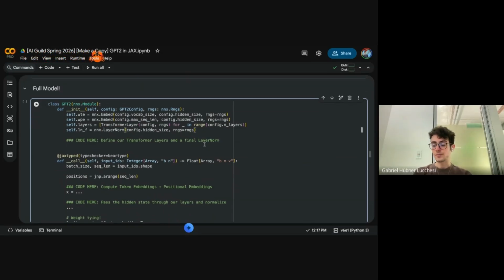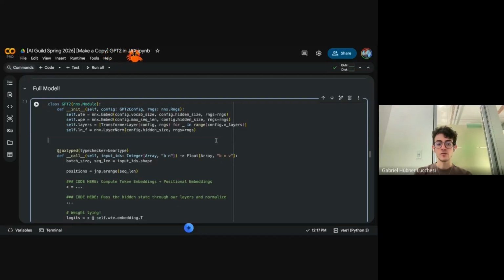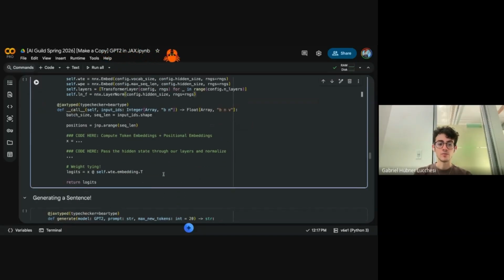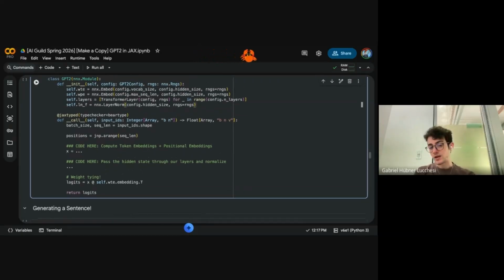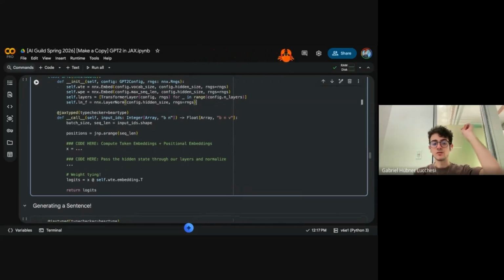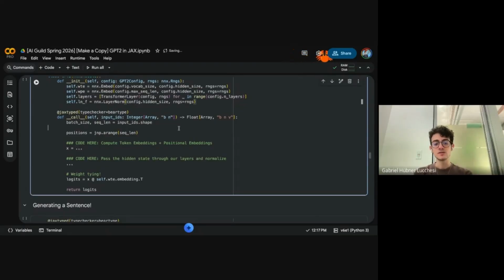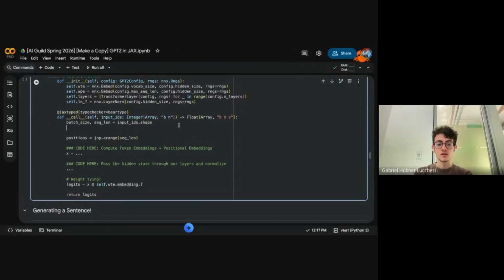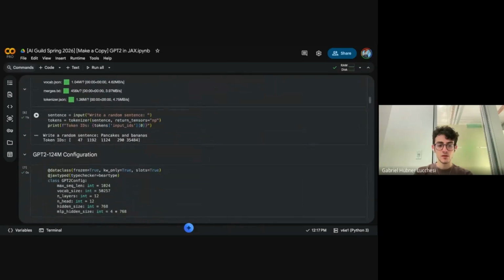Another layer norm. And now we have to call our model, right? What do we receive? This time, we don't receive batch size, number of tokens, hidden size. We actually receive just this. We receive something like this, obviously batched, so there are multiples of these, but we don't see any hidden size here.